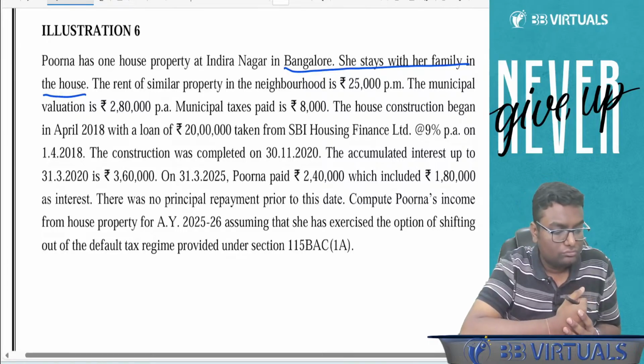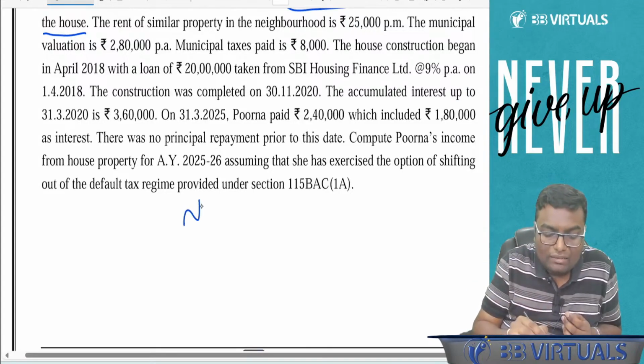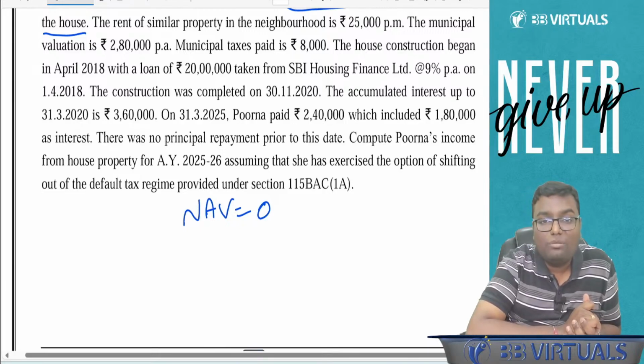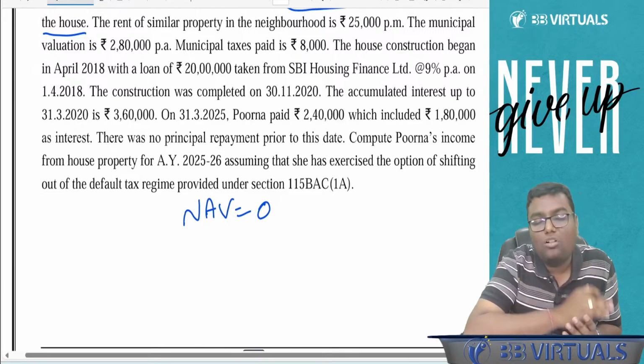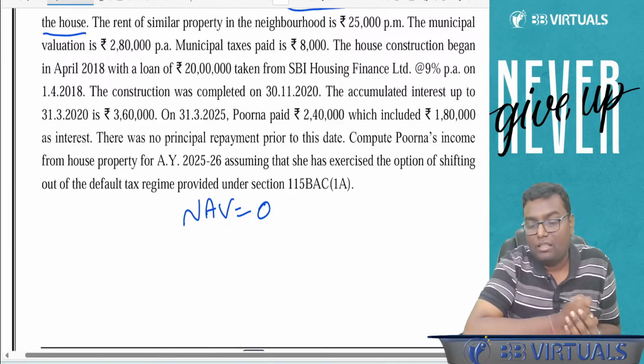Hey, can I say the property is a self-occupied property? The net annual value will become 0. Whatever information we have read up to now is to be ignored because NAV is 0. Further, the house construction began in April 2018 with a loan of rupees 20 lakh taken from SBI Housing Finance